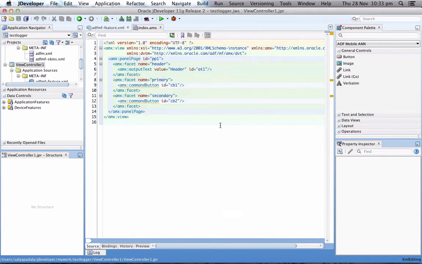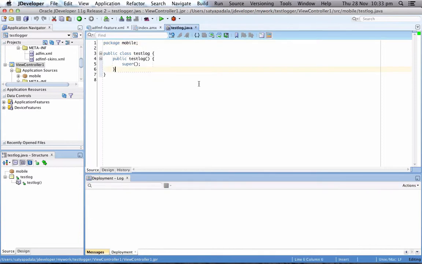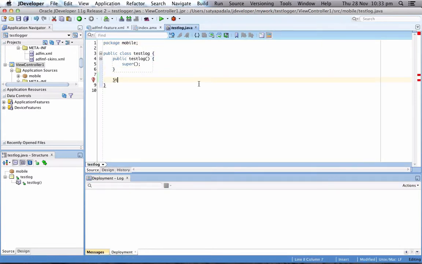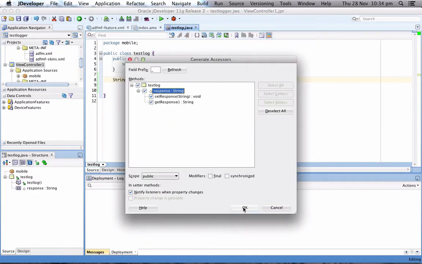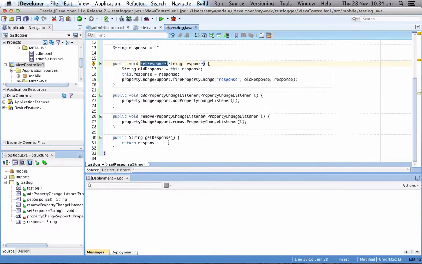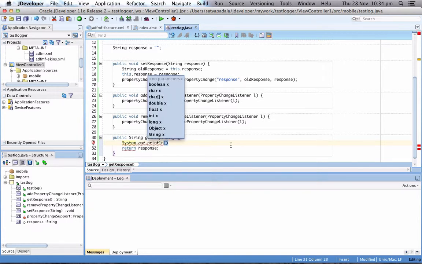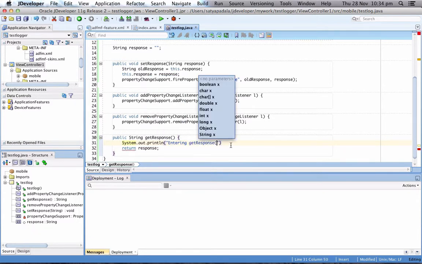This would be my test log class, and here let's say I have a string response, and I would have some accessors to it, and in the get response I shall do some normal action. I shall write some logging commands here. So entering get response method,